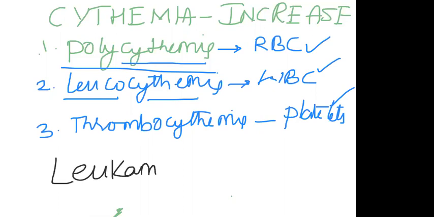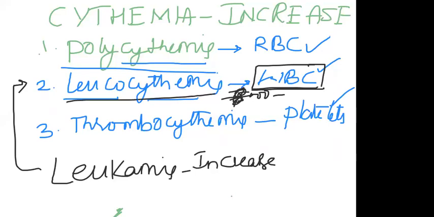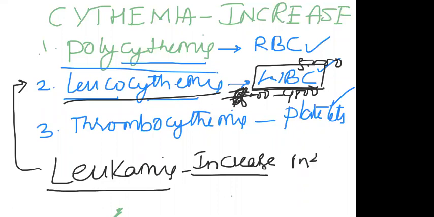Leukemia is also an increase in the production of WBC, but we don't treat it as similar to leukocythemia. For example, some 5,000 WBC are present per 1 cubic millimeter of blood. If some 6,000 or 7,000 or 8,000 is present, we say leukocythemia. The normal count is 5,000, so if 8,000 or 9,000 is there, we say leukocythemia. But leukemia is also an increase in the number of WBC, but we add a word: